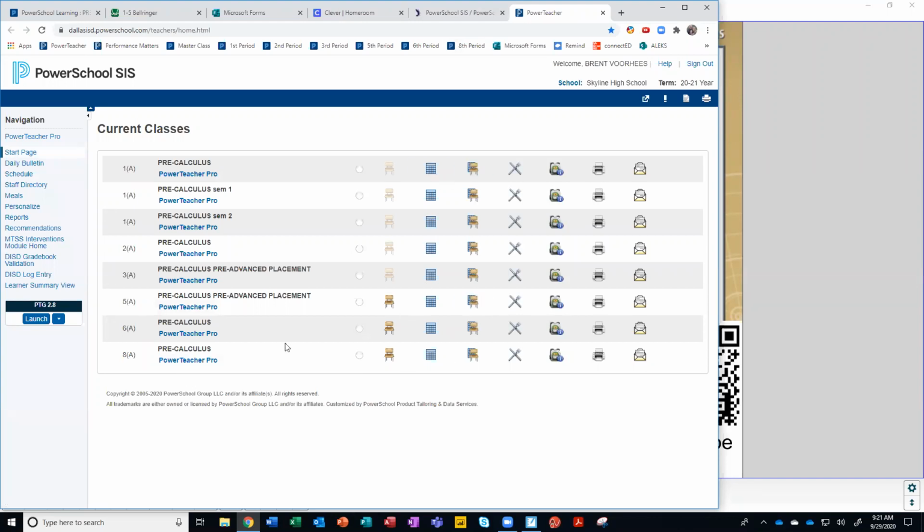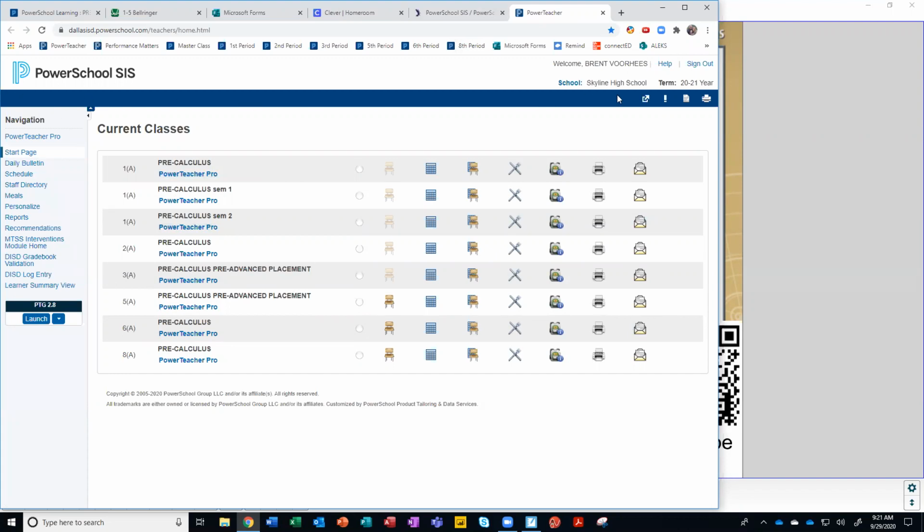This is where I take attendance for all my pre-calculus. For you, you will see your class is listed kind of in the middle of the screen. On the left, you'll see, I believe, if my order's right, your attendance, and on the right, you'll see grades. But either way, what is consistent on both your side and my side is that we have this blue ribbon